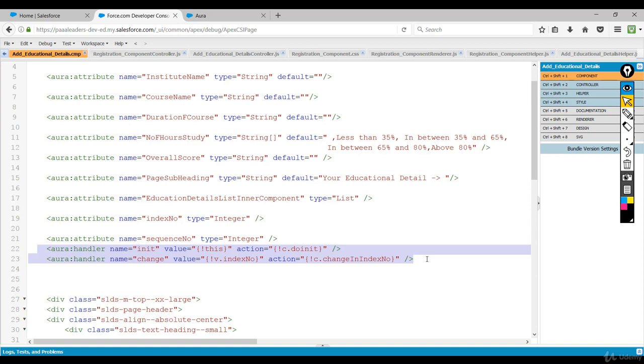I did that using this so that I can help you in understanding the Aura handler, init event and change event. Okay, we are good now. We have understood the usage of init method and also the Aura handler, how to define the Aura handler for the init event and invoke the init method, and likewise